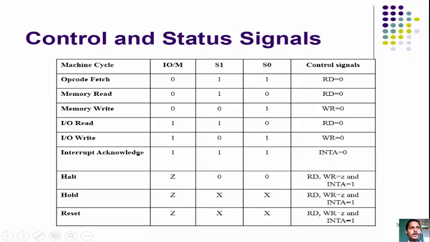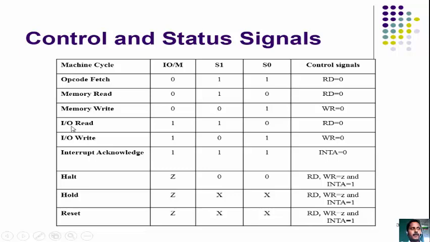A simple example: suppose you are copying data from your pen drive onto your internal hard disk. This is a data writing kind of operation. Suppose some files are available in the computer on the hard disk, and you are opening that particular file, a document file or PDF file or any kind of file. That kind of operation is nothing but a data reading operation. Clear? So here we have memory write and memory read.